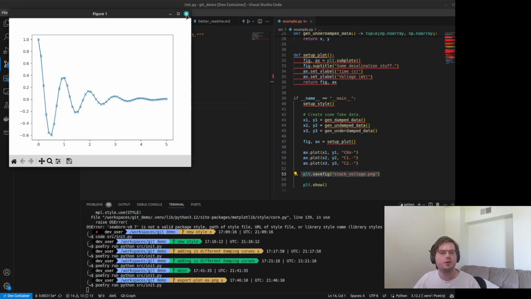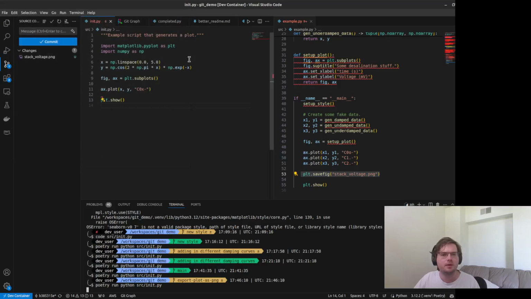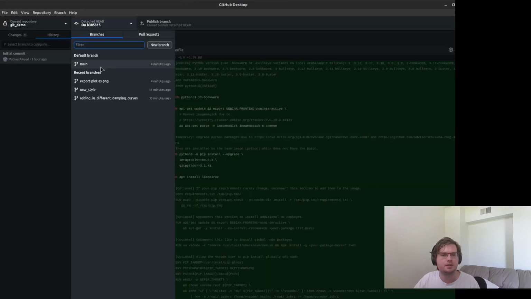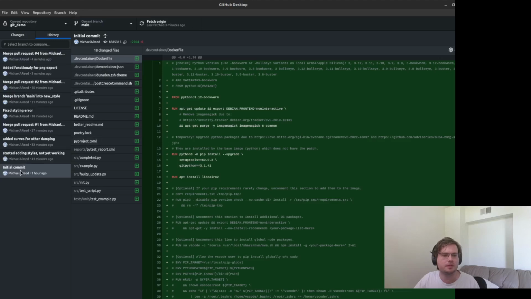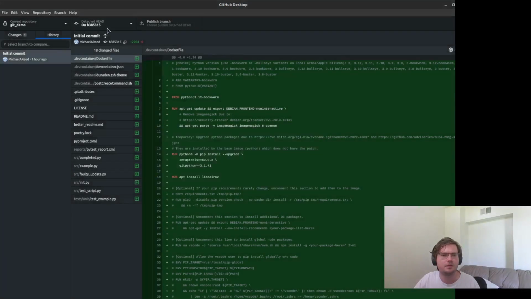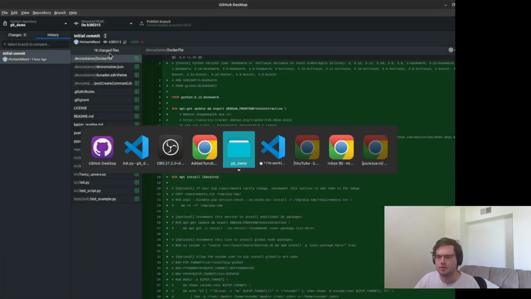It's important because maybe this was at the stage where Jeff started doing his work. So he needs to be able to refer back to this, and it's kind of annoying for him to need to go and regenerate it himself, even though it's something that we don't want to store in the Git. So what we can do instead is go back to GitHub Desktop, and I'm actually going to go back to main just to show that we can see everything at the same time. I only went back to that one just so that I could generate that image and have it there. Although I just realized it will delete it once I do that. So I'm going to check this out again and just make sure that I have that image saved.